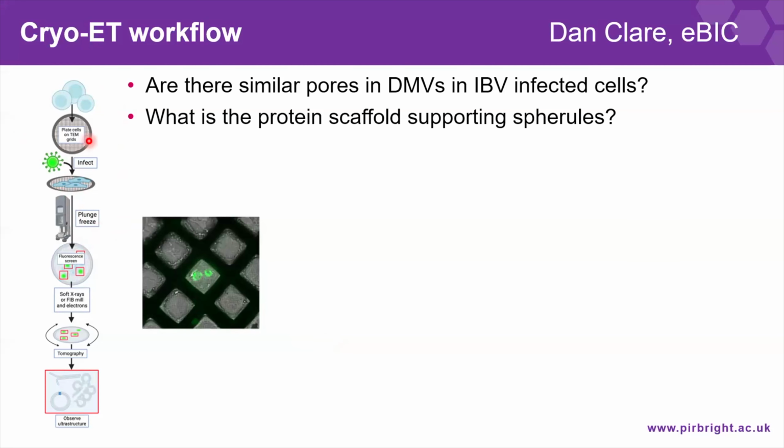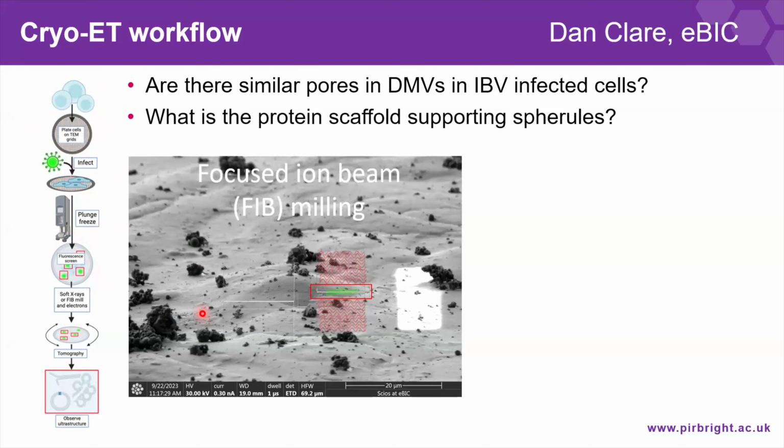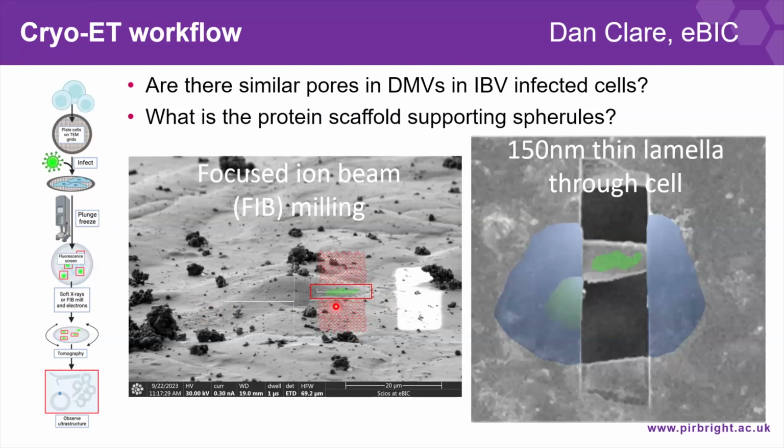So the same workflow at the beginning: cells plated, infected, plunge frozen, do the fluorescent screening. But then Patrick takes the grids for focused ion beam milling. So here you can see this bulge. Here is an infected cell. This is where the green signal is. So you can mark this out for milling, and you end up with a 150 nanometer thick lamella through the cell, which can then be put into the cryo-electron microscope,